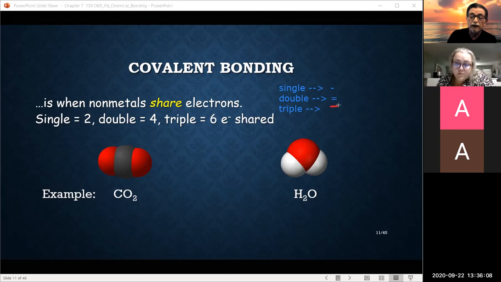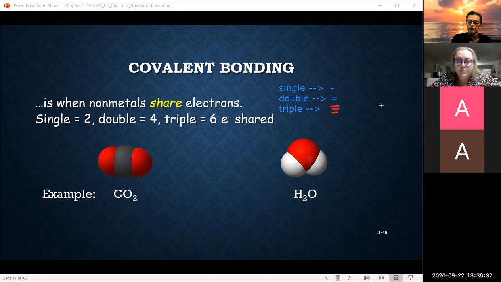So that would be like 1, 2, 3. Okay, you can see that. Well, imagine that being squared up a lot better than what I did, okay? But 3 lines. Each line represents 2 electrons. So in the triple bond, we would have a total of 6 electrons that are being shared between 2 atoms,